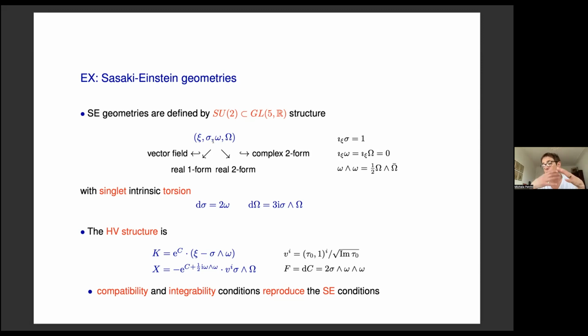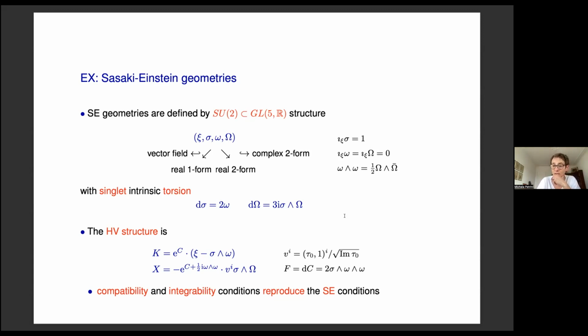These objects can be built if we think about our type 2B solution. The solution satisfies some supersymmetric conditions, and the SU(2) structure tensors are built as bilinears of the Killing spinors on the internal manifold that satisfy this supersymmetric condition. And the supersymmetric conditions can be rephrased as